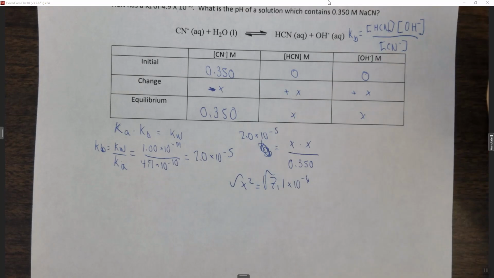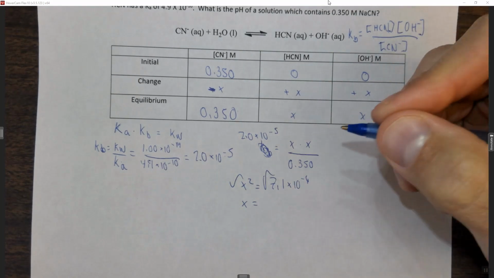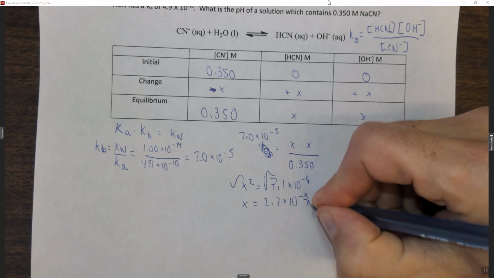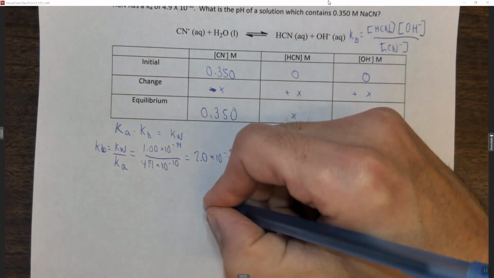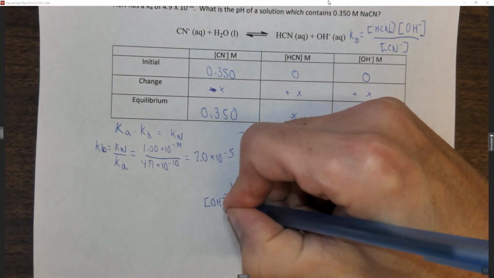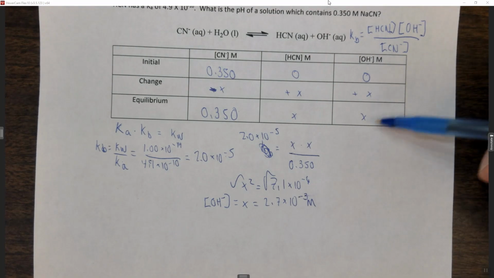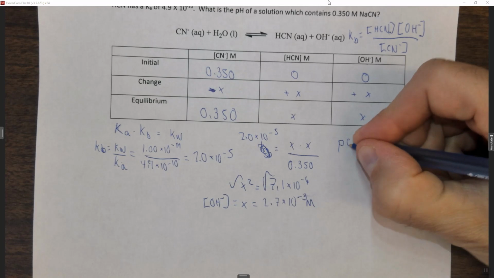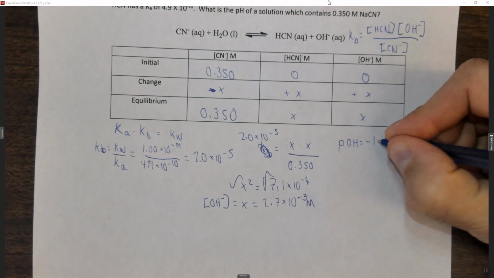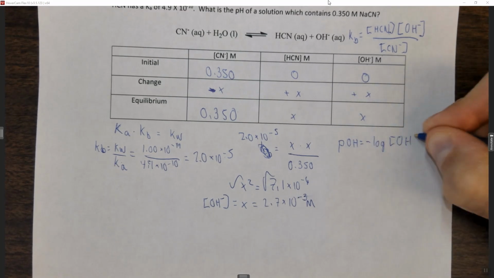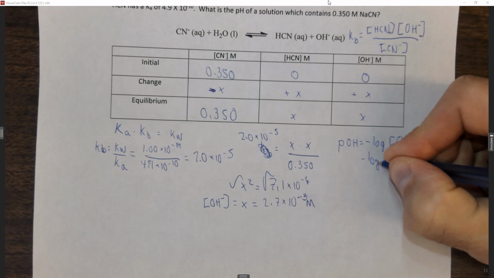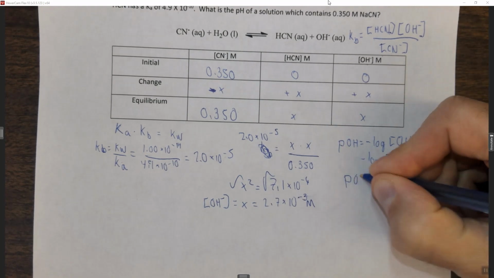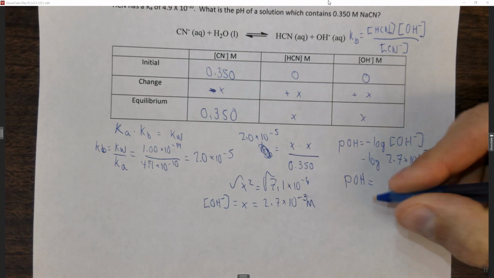We take the square root, and we find that x is equal to 2.7 times 10 to the minus 3 molar. Well, what is this? This is the concentration of OH minus. We're looking for the pH. Well, we can find the pOH is the negative log of the concentration of OH minus, which is the negative log of 2.7 times 10 to the minus 3. And we find that the pOH is equal to, in this case,